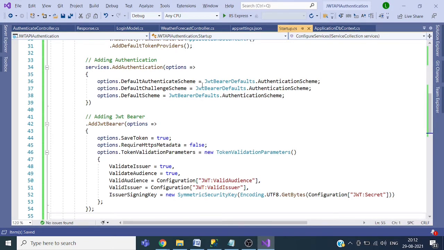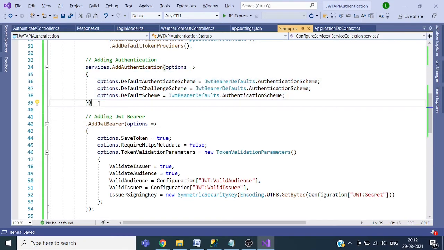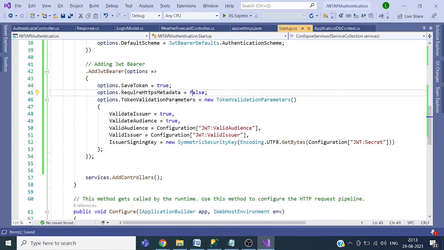So here we are mentioning that we are going to use the JWT authentication. Okay, so we are telling ASP.NET Core that we are going to use JWT authentication in our API, and this is for handling the token which will be received in the subsequent request.